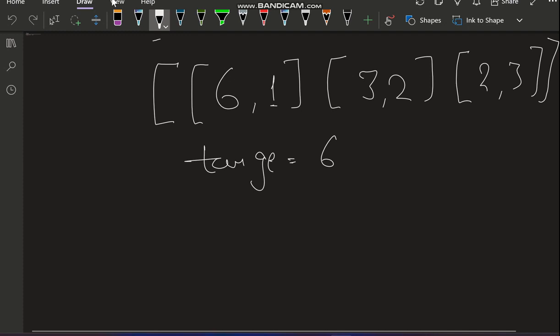So what they are given in the question: for the first value, this is the number of questions, and this is the number of marks for each question, meaning how much marks we get if we solve one question. So we have that many questions and we have to return the number of ways by which we can get that many marks.